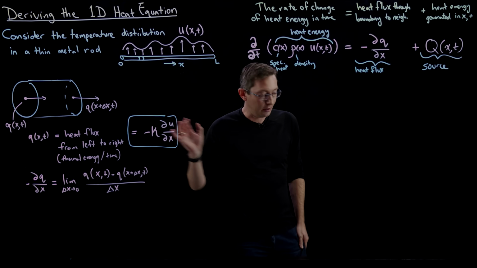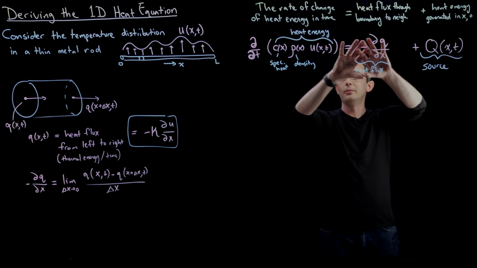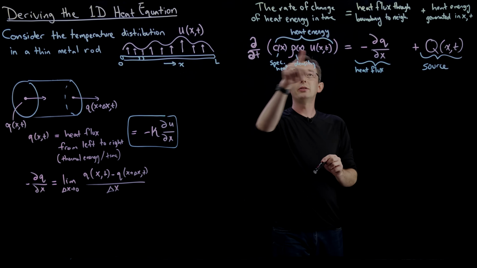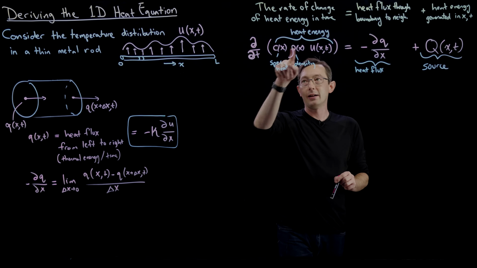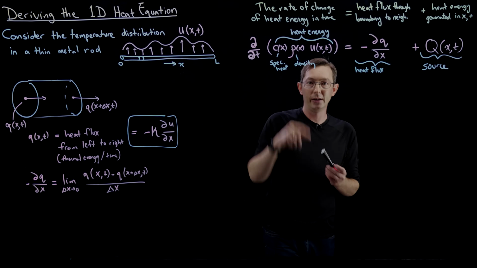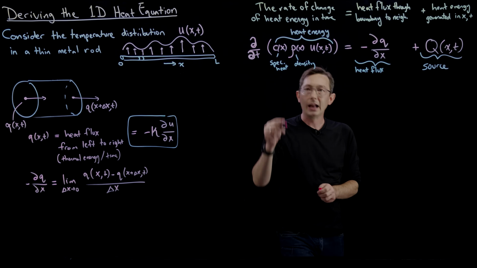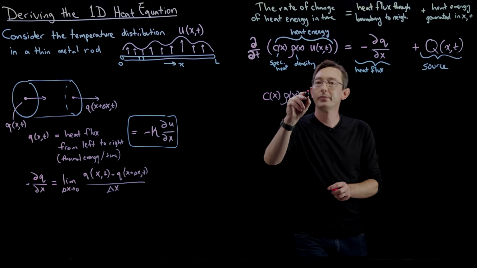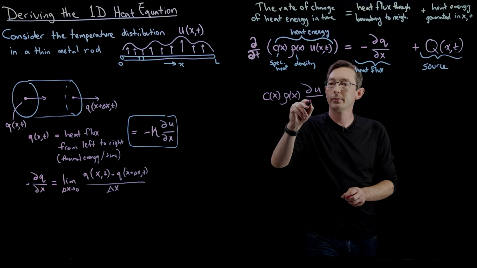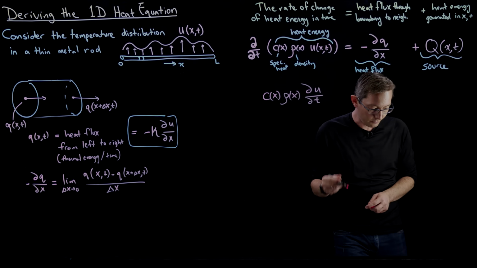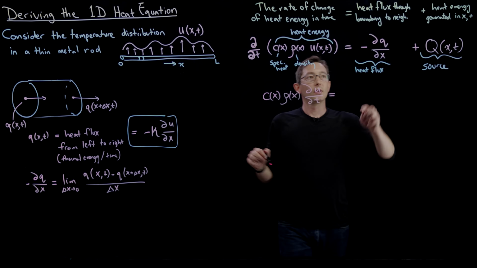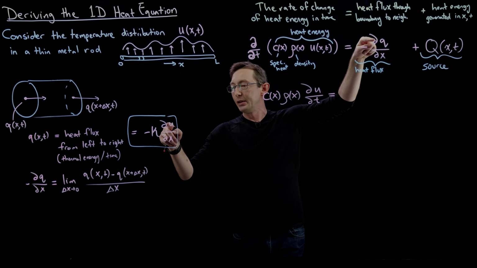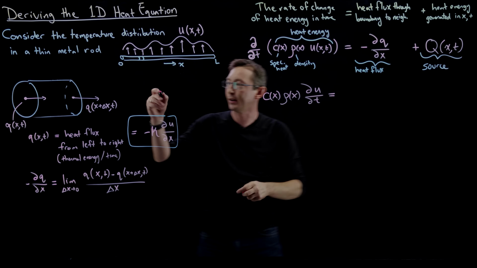And so this Fourier's law of heat conduction allows us now to write this PDE in the following way. Okay? And you'll notice that c and rho are not functions of time, so I can pull this partial derivative so it's hitting u. And so what I have is c of x times rho of x times partial u partial t equals, now the partial of q with respect to x, because q is partial u partial x, maybe I'll just write this out,